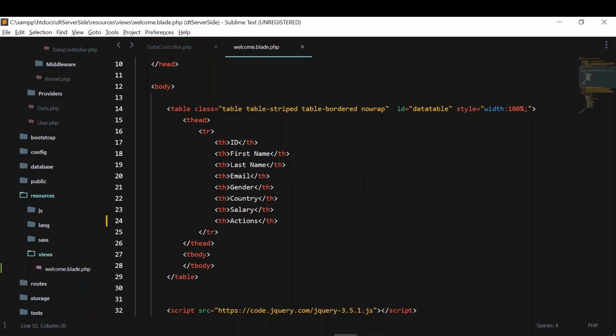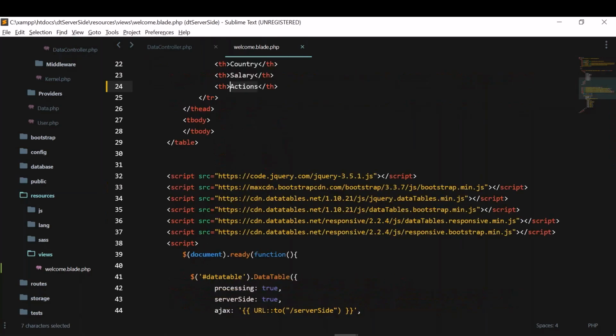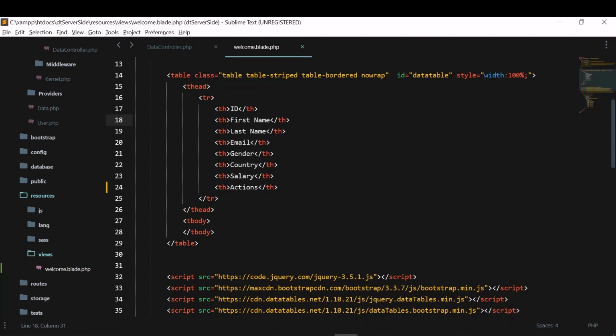When we did it on the client side, we wrote the HTML buttons in the table body, in that particular TD. Now we'll give some HTML to the button, like adding IDs and data attributes. We use data attributes to grab the first name, last name, email, gender, country and salary so that we can show them in the pop-up.